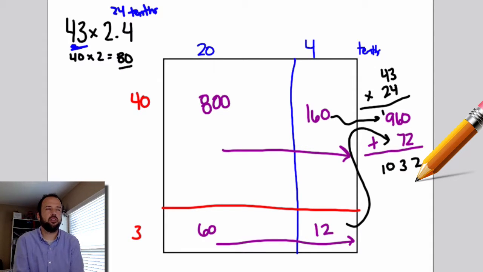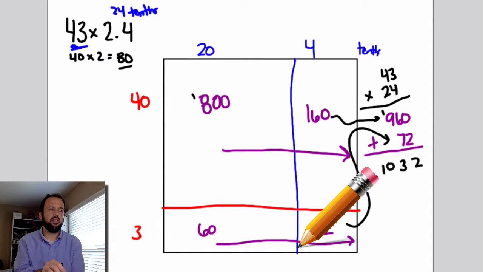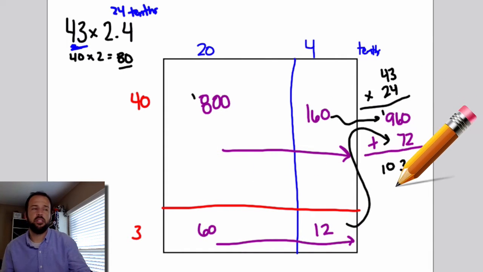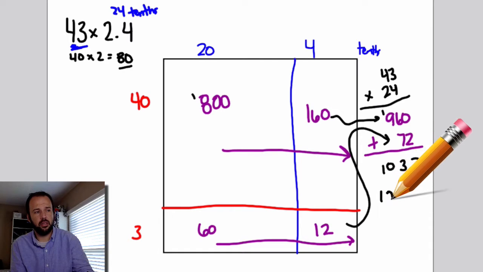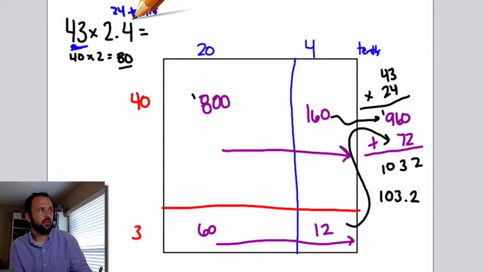Think about what we had to convert our number to in the first place up here. Tenths, right? So this is 1032 tenths. How do we convert that back to standard form, to our whole numbers and decimals? Exactly. If this is 1032 tenths, it's going to be 103 and 2 tenths. Okay, so our answer to 43 times 2 and 4 tenths is 103